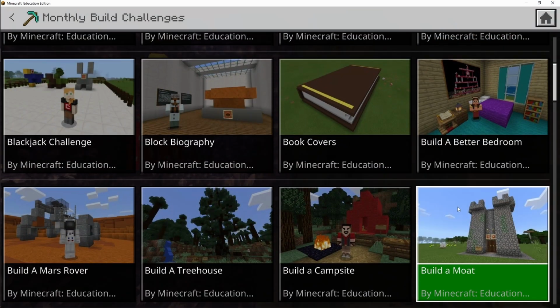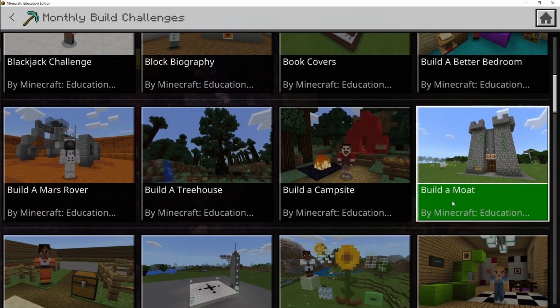So these allow you to simply say to your students, go and find a build challenge. And once they've found a build challenge, they're going to let you know which build challenge they're going to work on, and that's their task for the hour or however long you want them to do it for. And they can come back to this and keep working on it, and it's a really fantastic way to get them engaged in how they're learning their maths, their English, their other things,